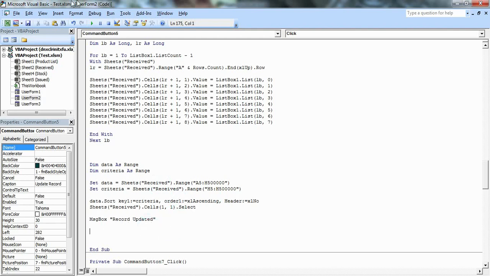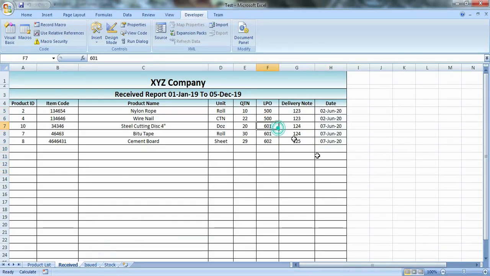Now before I run this form, you can just see this data. Now I will run this form.